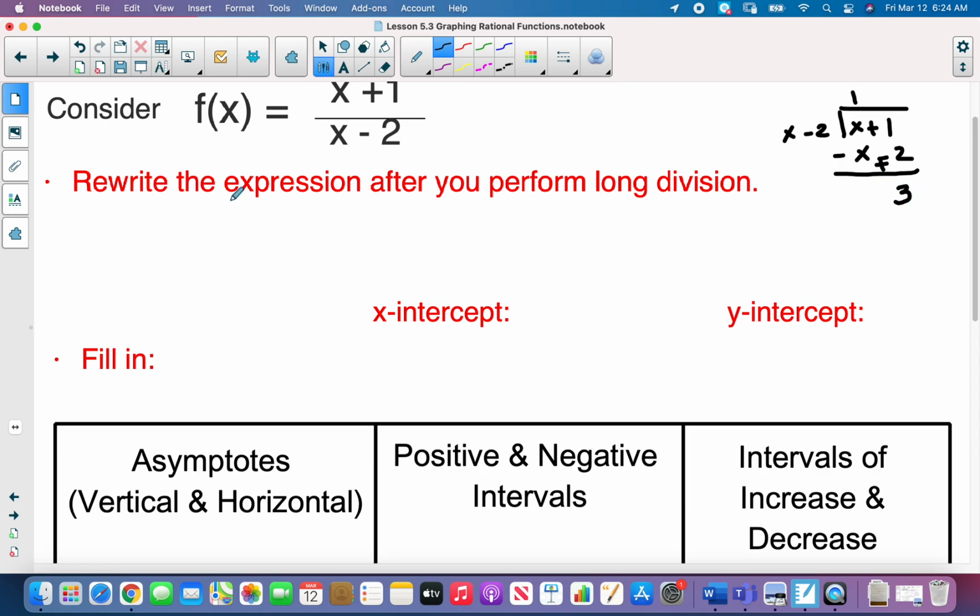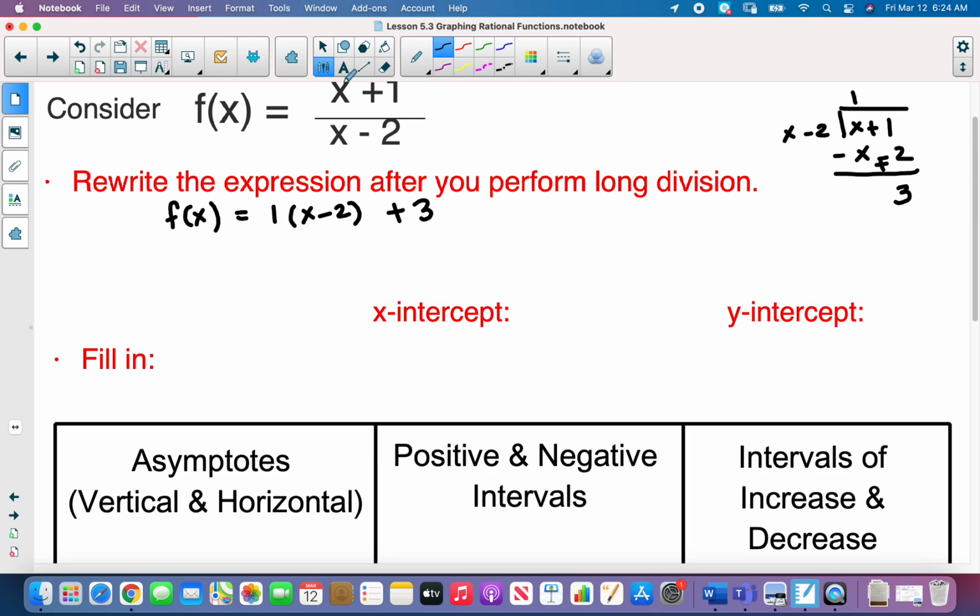So you can rewrite f of x as f of x equals one times x minus 2 plus 3,